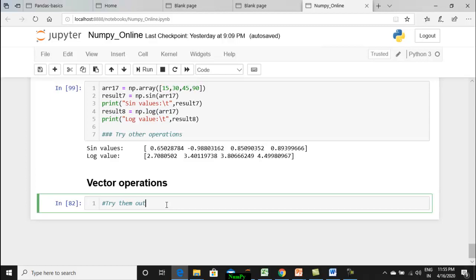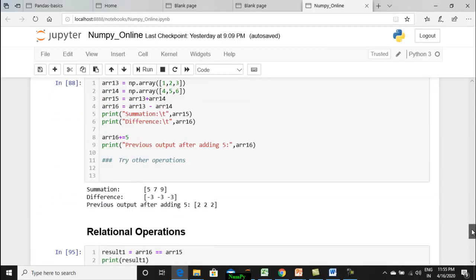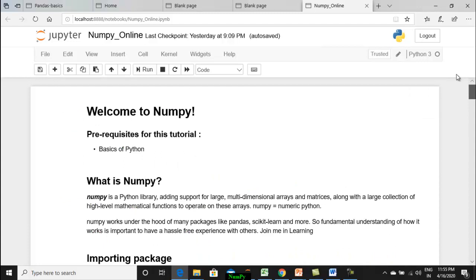So I'm asking you to do vector element operations. There are three basic vector operations that people normally use. One is inner product, second is outer product, and third is dot product. Okay, so those three are the basic operations which you can try on your own, and these are the basic methods that are available in NumPy. A lot more is there. These are the operations that we normally use in a day-to-day environment.